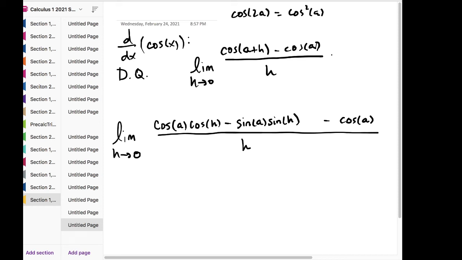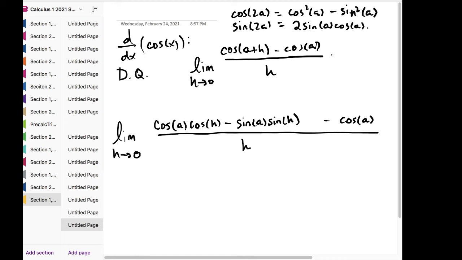For some reason, I remember that more readily than the sum angle. And sine 2a is 2 sine a cosine a. So that's how I remember the sum. Like if it's a plus a, then you would get this. That's my personal preference. Okay, so this is the sum angle formula for